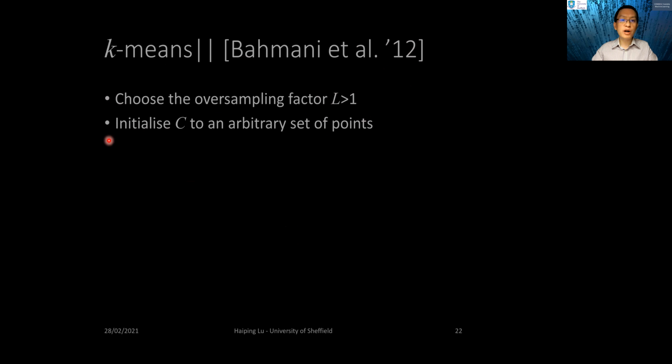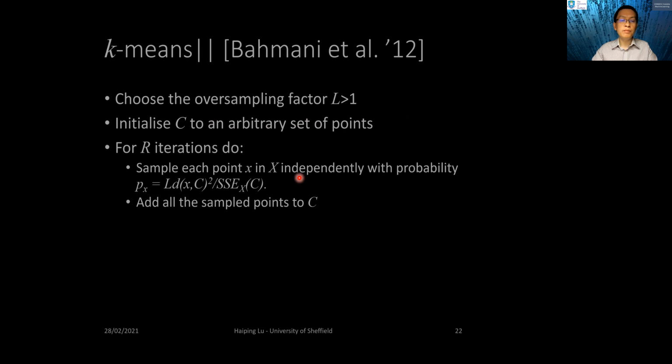Then we initialize the centroid set to be an arbitrary set of points. In the simple example, we choose one, but you can choose an arbitrary set of points, so it can be more than one. Then we iterate through the process. For each iteration, we sample each data point in X independently